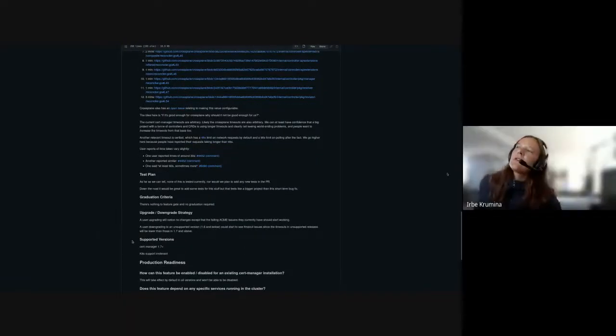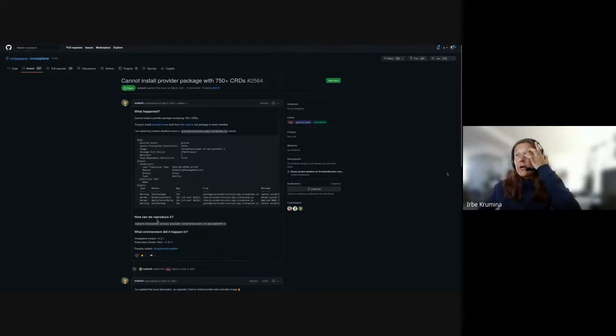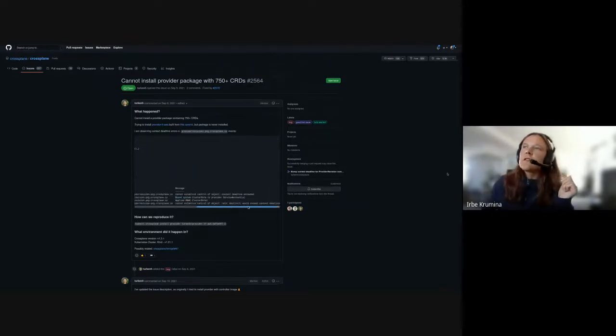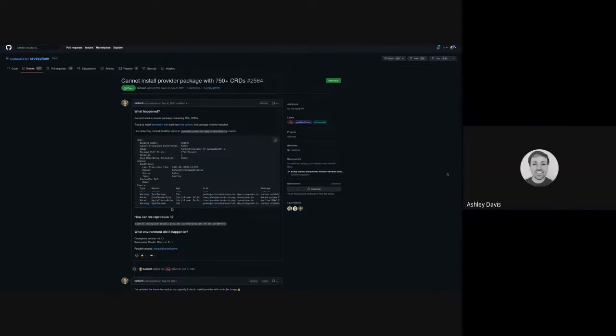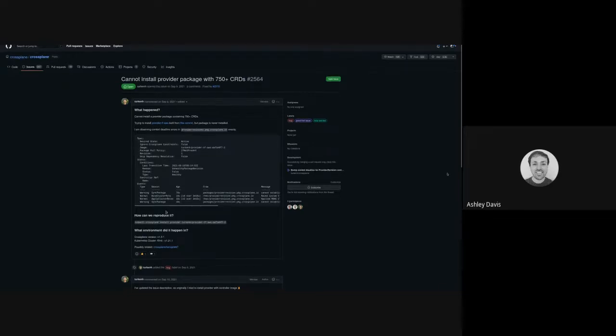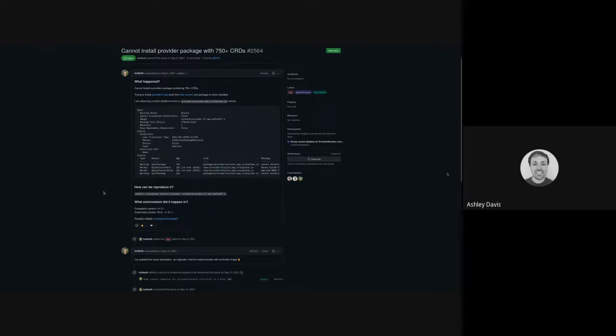So, quick question about Crossplane. Do you know if they have a situation where for any of those CRDs, there's likely to be a large number of custom resources? They actually have a controller which is watching CRDs themselves, like CRD resources, and the open issue, which is linked in this doc, is someone who has like 750 CRDs installed on the cluster, and they need to bump the timeout on that controller for that reason, because there are so many CRDs in the cluster. So they do have a case like that, and they want to bump the timeout.